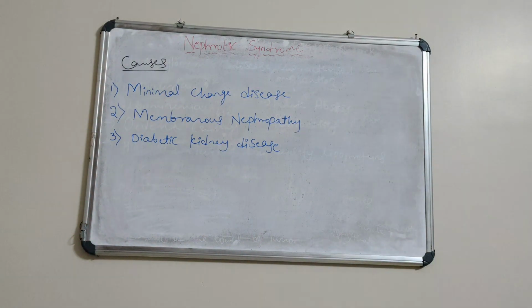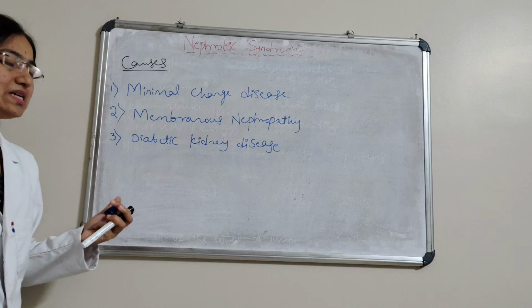Here minimal change disease, that is proteinuria, and then membranous nephropathy, that is kidney disease where small ducts are damaged,